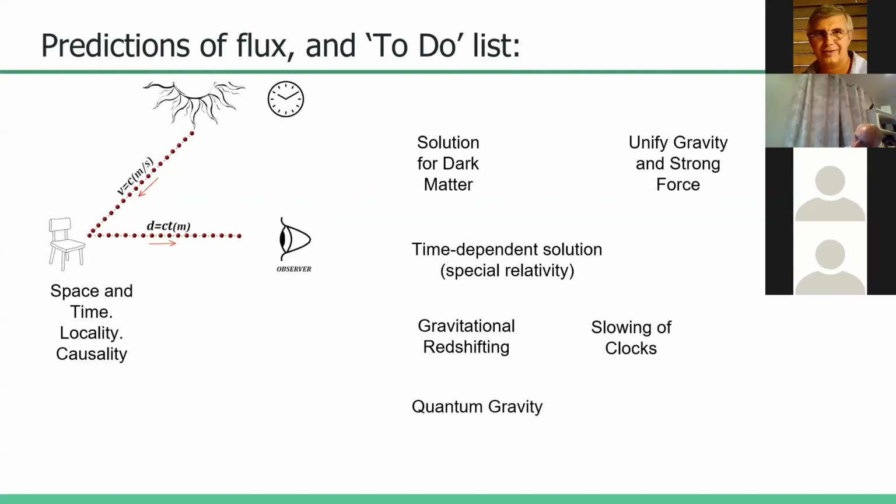Dare I say, because this solution defines gravity as a result of the electromagnetic spectrum, quantum gravity is now inevitable. No, it's not in my reach. I don't think I have the mathematical capability for that, but there are others who surely do. We do have a little bit to say about fusion, and it's not likely going to be good news, but there is something about that as well. So these are just predictions that would be coming out in the near future.